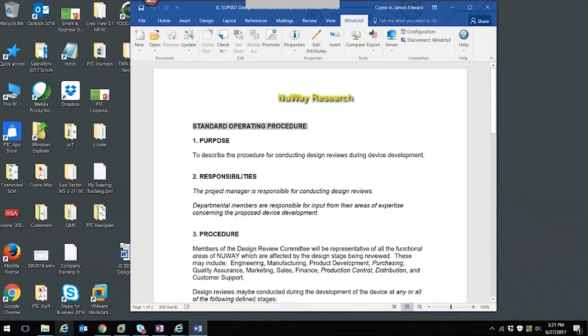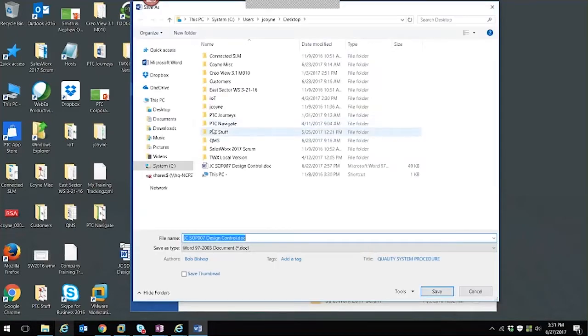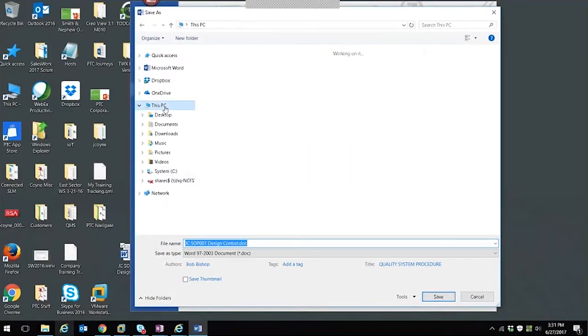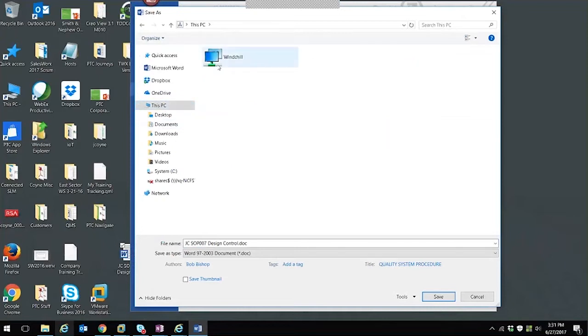So if I'm working on a standard operating procedure here, I'm at a point where I actually want to save it or I want to check it in. If I have already checked it out of Windchill, I can check it back in. But if I just want to do a save here, I can come into Desktop Windows Explorer, and if I go to my PC, I can now see I have Windchill documents. So the icon actually represents the different locations or the different contexts where I can actually save this document within Windchill. And we'll get into these contexts in a little more detail in just a minute, but